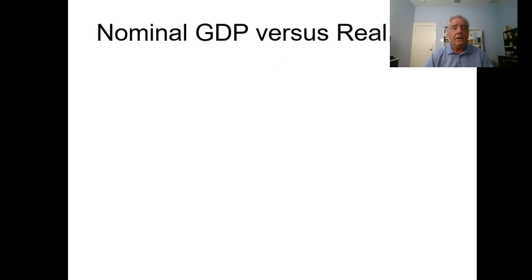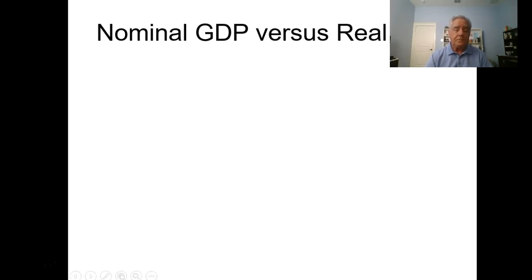All right, nominal GDP versus real GDP. Now, we talked a little bit about this, and this is where inflation comes into play in our GDP calculation. Nominal GDP is a gross number. Always think of nominal as gross. Nominal means that it does not have any adjustments to it. It's just raw data. Real GDP is the opposite. It's adjusted for things that happen. In the case we use here, it's for the most part